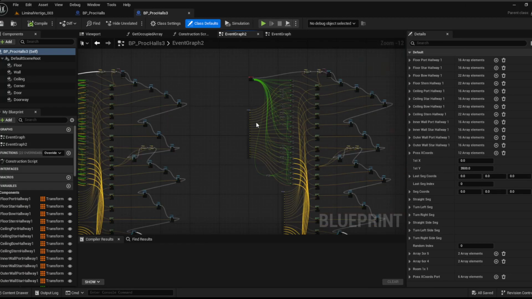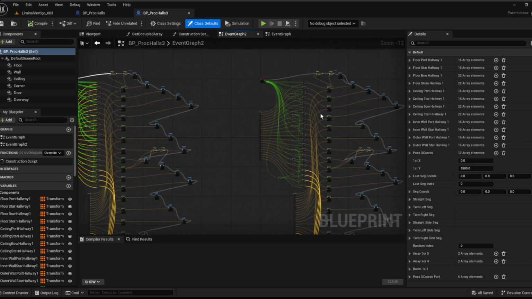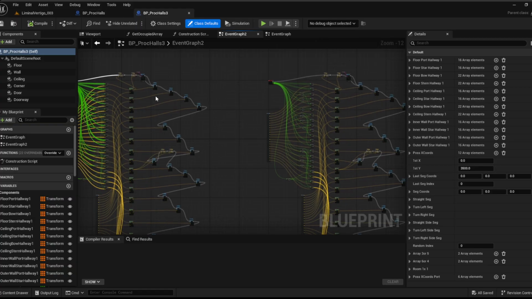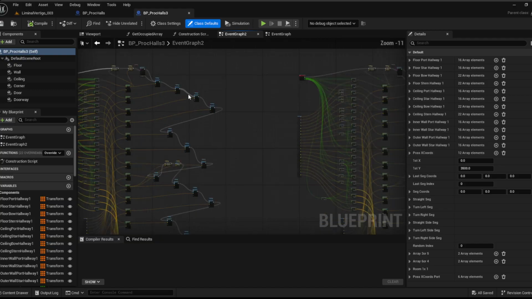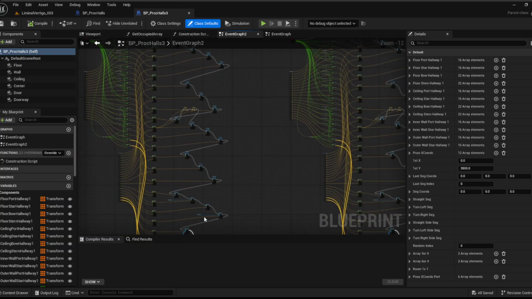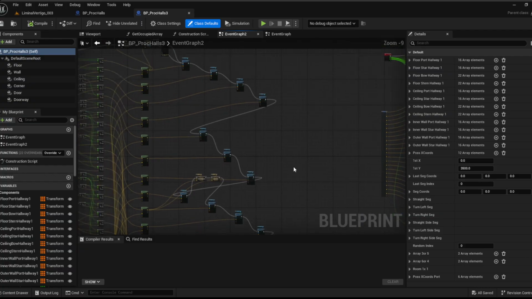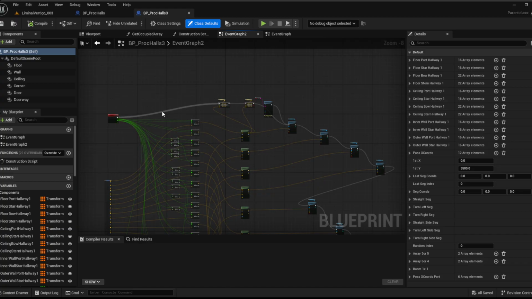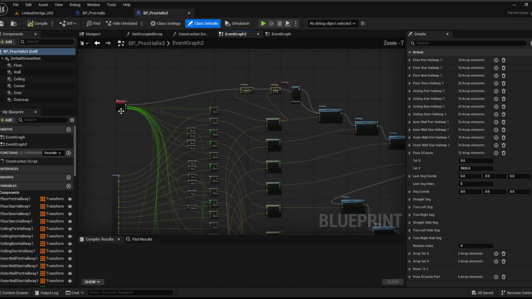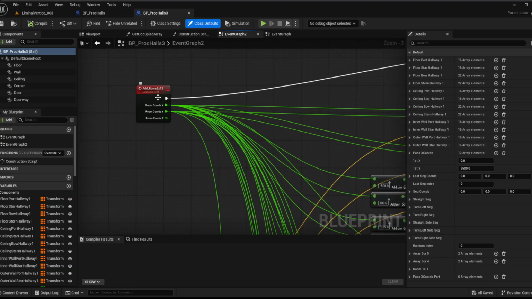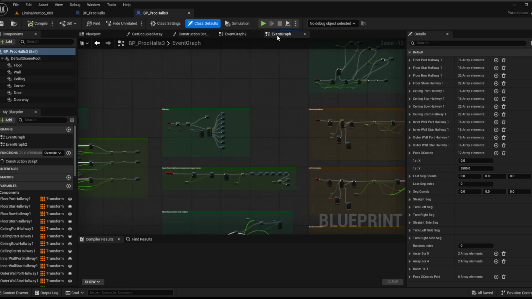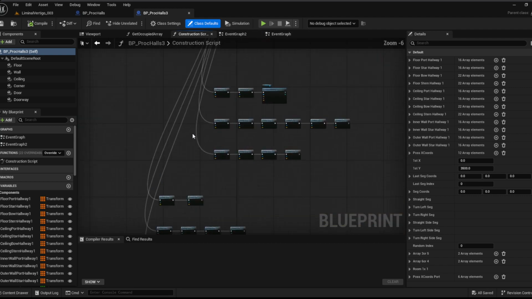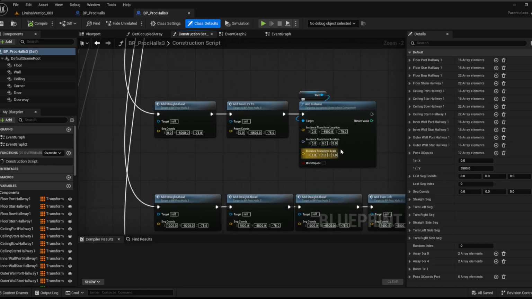In event graph 2, and that's going to be a headache. So I need to adjust these values like I just did with the door for proc halls 4. But now, not just for the door, but for the actual walls and the floors and the ceilings and practically almost everything. I could do one trick and probably just, as it's being called, what is this? 2x1 and all that kind of stuff. As it's being called in the construction script, somehow add